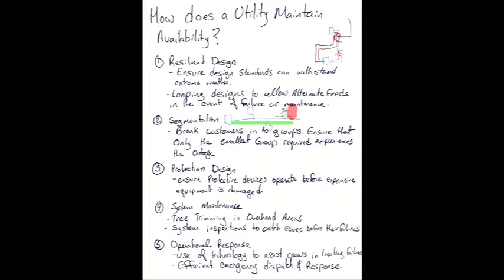And then the last thing when we're talking about maintaining availability is the operational response. So are we being efficient in dispatching our emergency crews? And what about our technology? Are we using our technology to the best of our ability to make sure that before a line truck even rolls, the line maintainers know this is where the problem is at? So that they know, are they headed into an overhead section or an underground section of line? What sort of problems are they looking for? Was there bad weather in the area? So, what sort of technology can we use to tell the crew, this is where you need to go and this is the sort of problem.